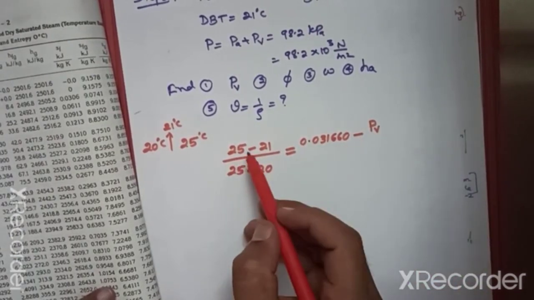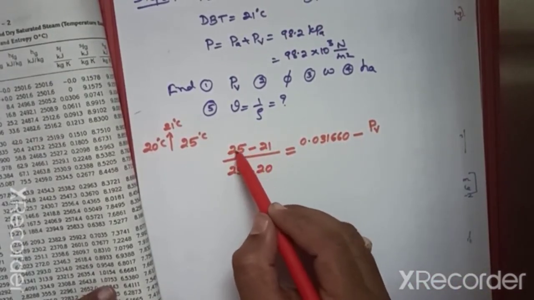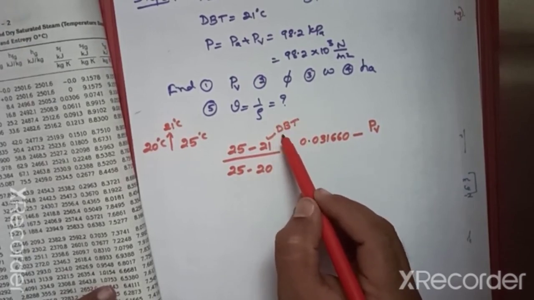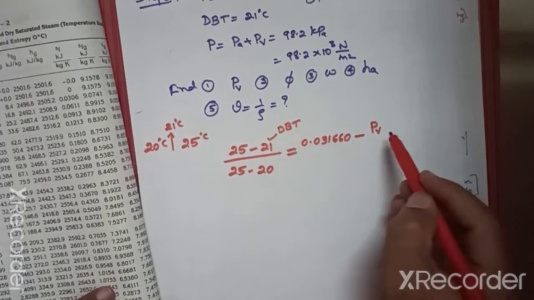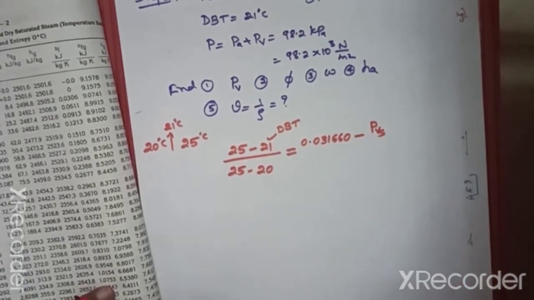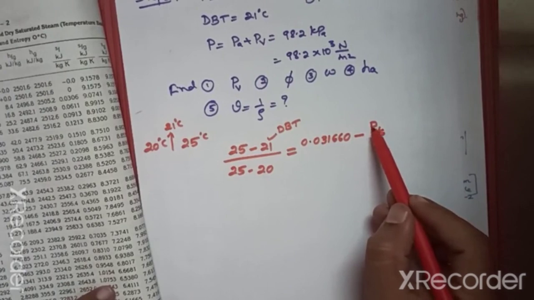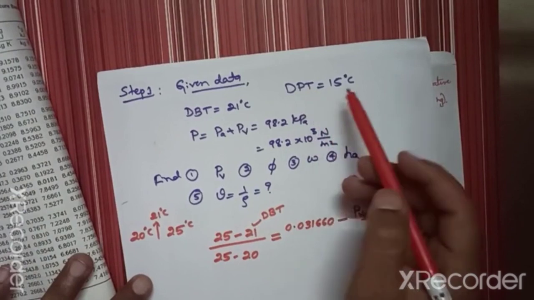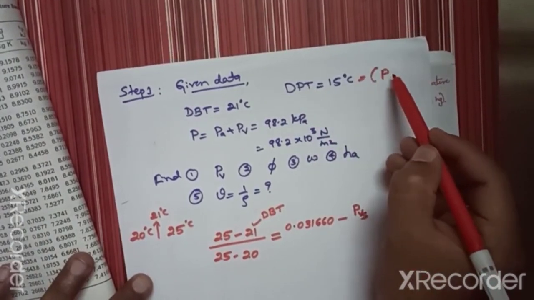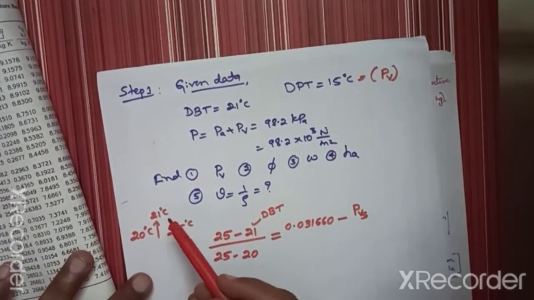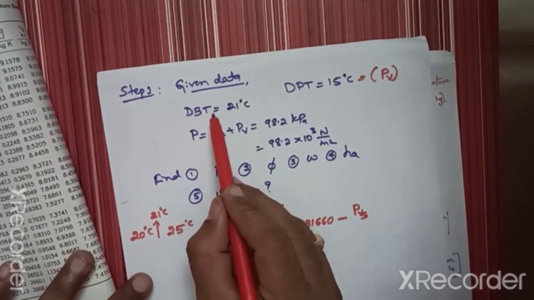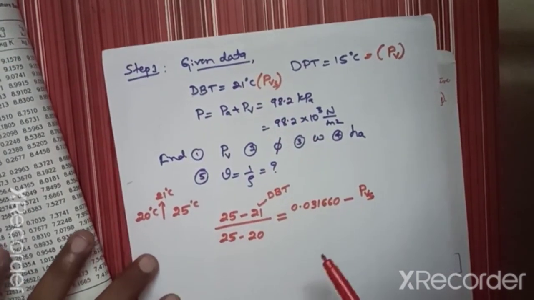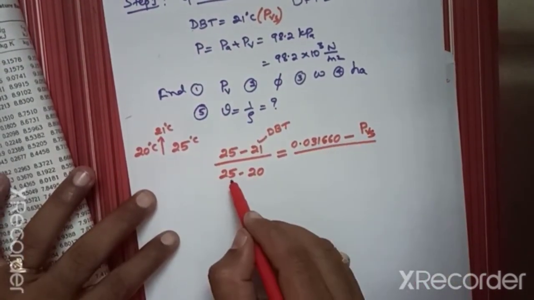Okay, and here these two, this is value of dry bulb temperature. So when you are calculating the pressure, or when you are writing the pressure at a dry bulb temperature, that will be PVS, that is saturated vapor pressure. Understood? And when you are taking the value of pressure at dew point temperature, that will be just only pressure of the vapor. If you are taking values of pressure at dry bulb temperature, that will be saturated vapor pressure. Okay, now here what is the value of 25?